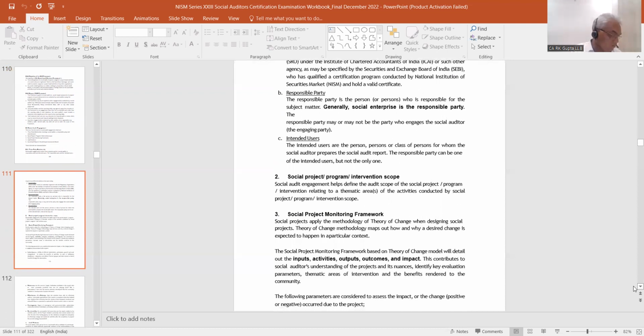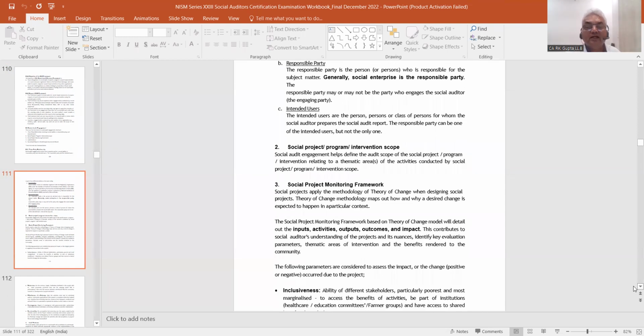इंक्लूसिवनेस क्या है कि भैया जितने भी लोग हैं उसको हम इंक्लूड कर पाए। Ability of different stakeholders, particularly poorest and most marginalized, to access the benefits of activities, be part of institutions and have access to shared benefits through the intervention। तो पहला बात यह है कि हम कर क्या रहे हैं, हम सोशल ऑडिट में सोशल इम्पैक्ट असेसमेंट कर रहे हैं। तो हम देख रहे हैं कि भाई ज्यादा से ज्यादा लोग इस एक्टिविटी में शामिल हो पा रहे हैं या नहीं हो रही, या ये सिलेक्टेड लोगों के लिए है, क्योंकि ये प्राइवेट शो तो है नहीं। ठीक है ना। ये तो पब्लिक गुड के लिए आप कोई काम कर रहे हो, तो उसमें जितने ज्यादा लोग इंक्लूड होंगे उतना बढ़िया रहेगा। जितनी आपकी एक्टिविटी जो है इंक्लूसिव रहेगी उतना बढ़िया रहेगा।